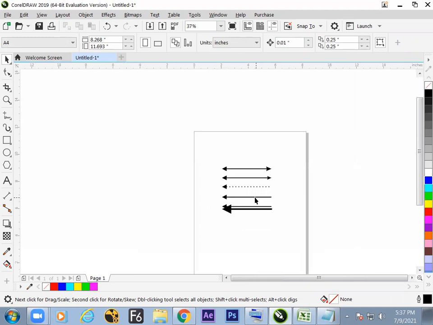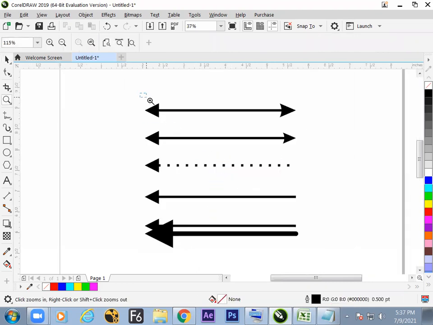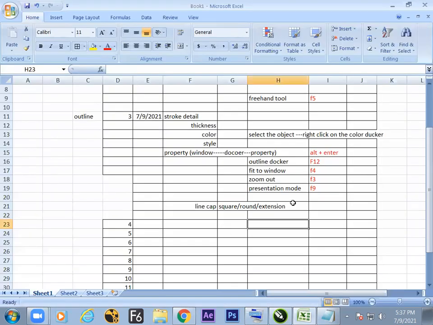F4, F3. Z is a new hotkey you got to know to zoom into a particular zone. Note down, hotkey of the day. Z. For what? Zoom tool. Is it clear?